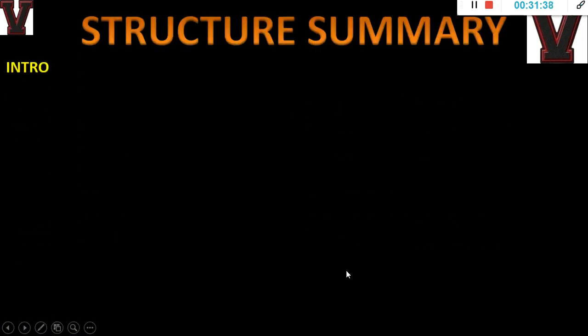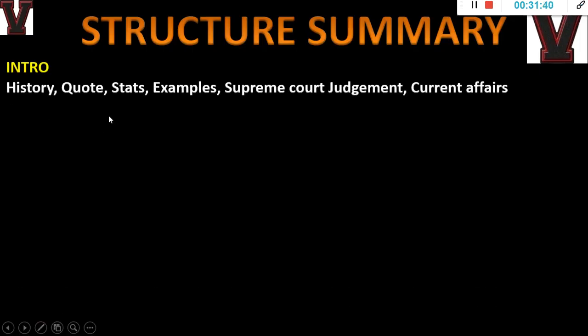Now the structure summary. Introduction, history. It can be a historical thing, like from time immemorial, or from the time of independence, something like that. If you start like that, that's a historical start. Or you can start with a quote, just like one quote of Gandhiji, and then start with that. Then you can start with statistics, with respect to a recent report from the WTO or the World Economic Forum, where we see that this many women are empowered, or this many women are jobless. Like that, you can put statistics as a starting.